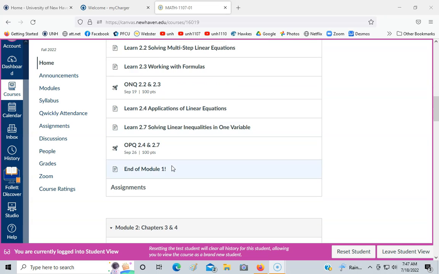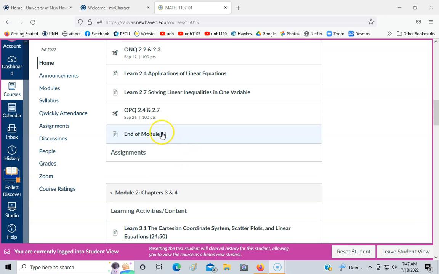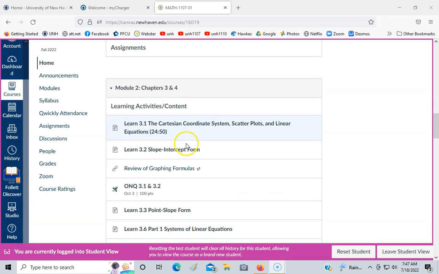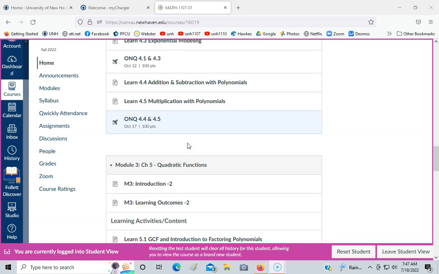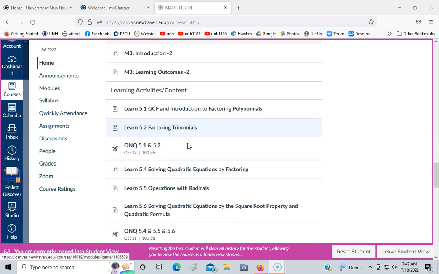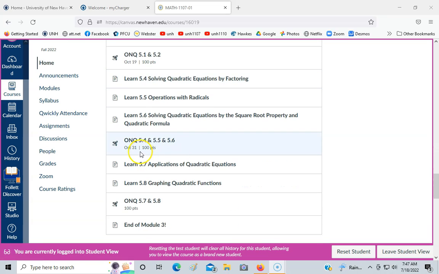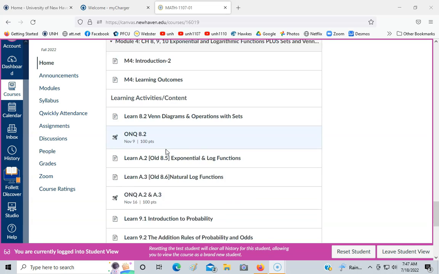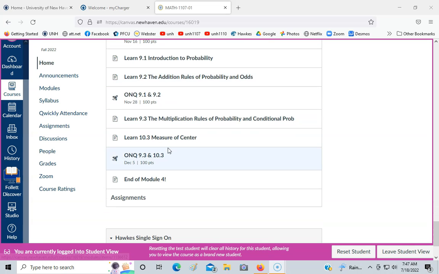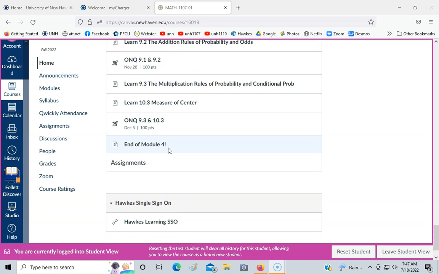Now as we go through the modules, there's the end of the first module into the second module. It's all set up the same way for both classes. And all the due dates have been updated here. One of the reasons I'm doing this is to show you that it's done. And then we go on to